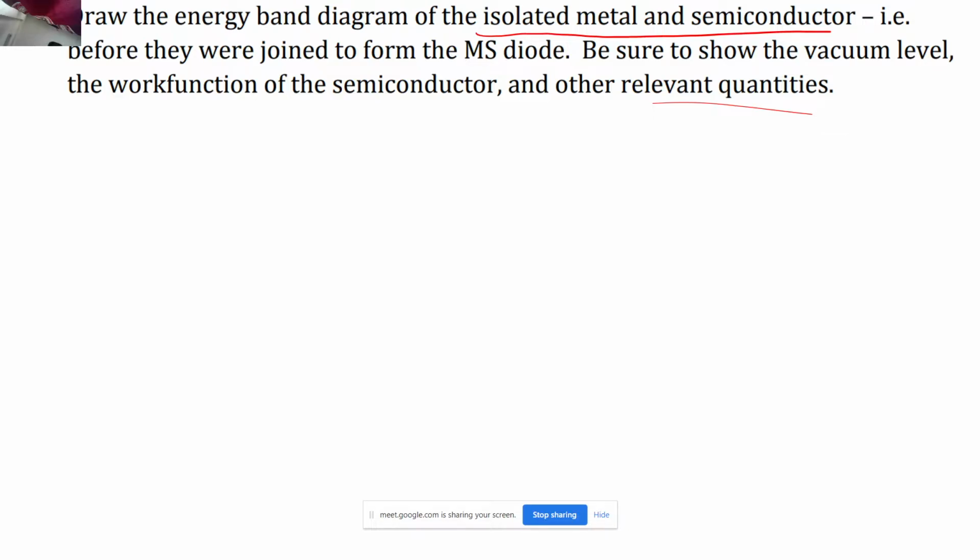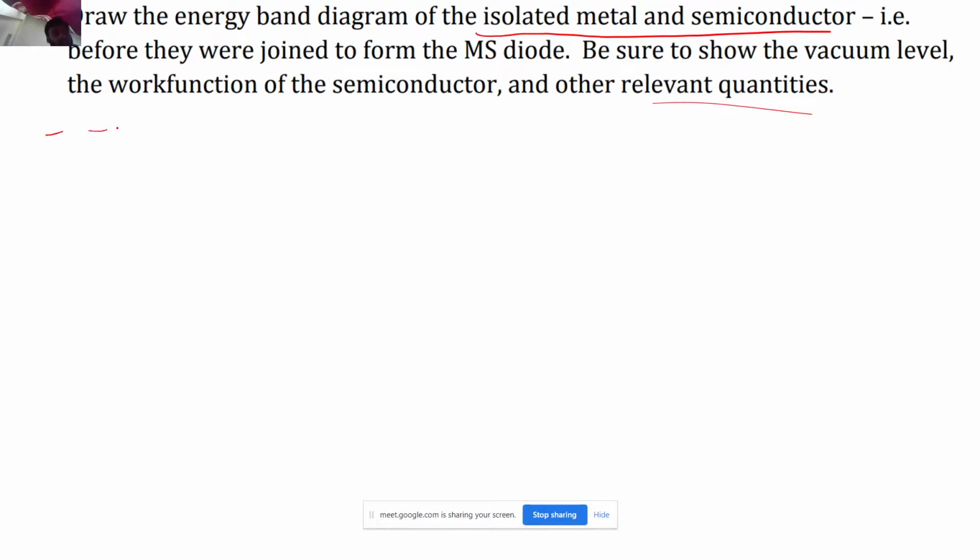So now first of all tell me whether the Fermi level will be constant or different. It is before the joining. We have not joined them yet. What will be the position of the Fermi level? Whether it will be the same or different? Different, right? And what about the vacuum level? Vacuum level will remain constant, or there will be some bending in the vacuum level? No bending, right?